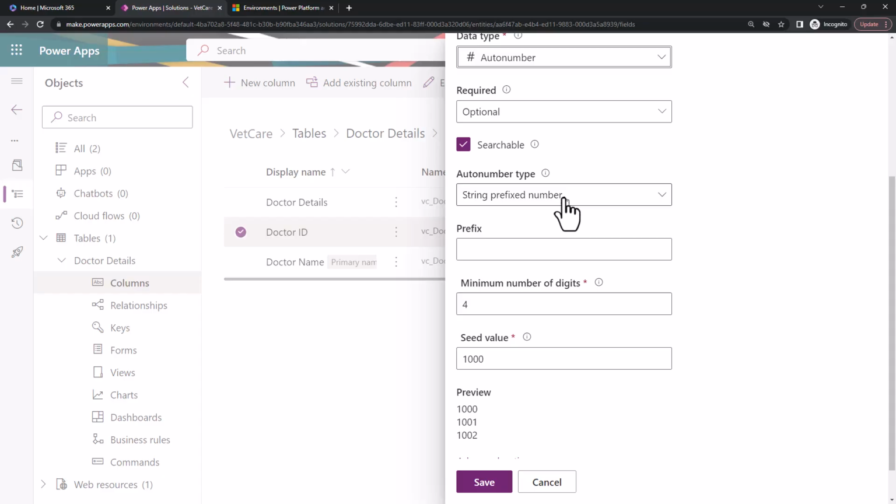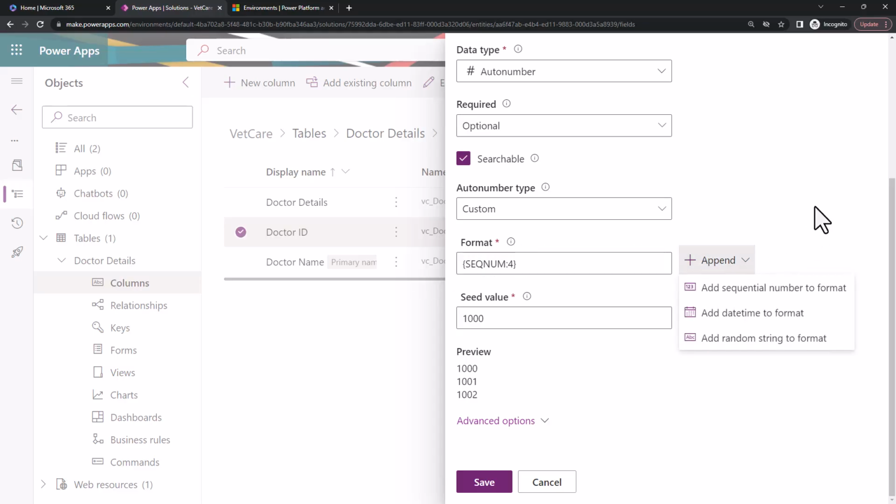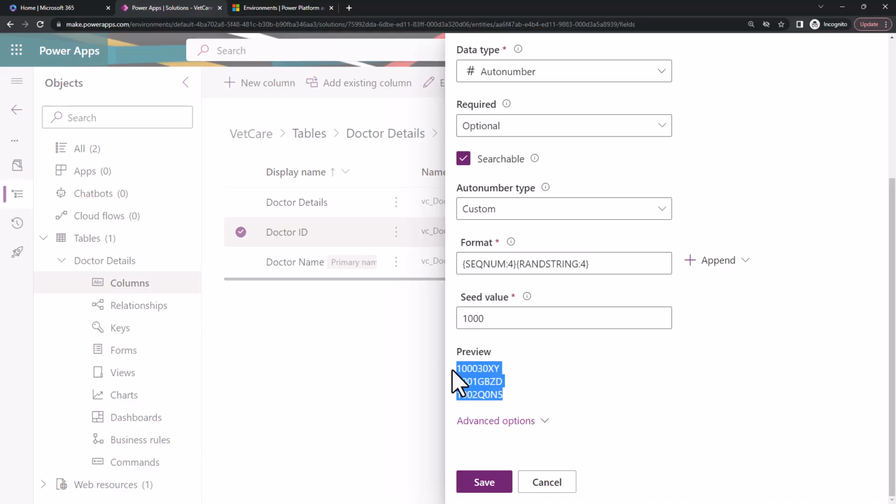See this prefix number is string or date prefix number or custom. I'll say custom, and here I'll say the format is sequence and the string format. See this is how it is going to come. See that preview is 100. Now if I just make it as